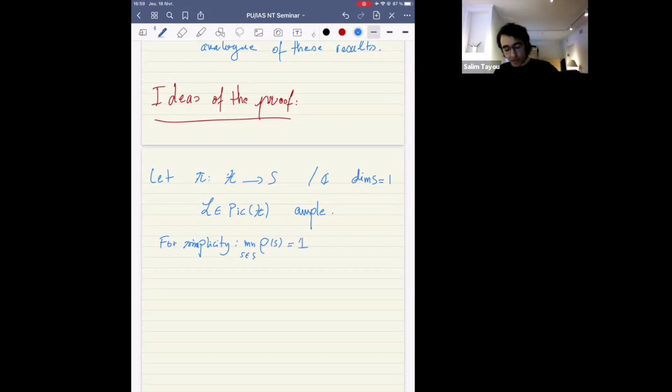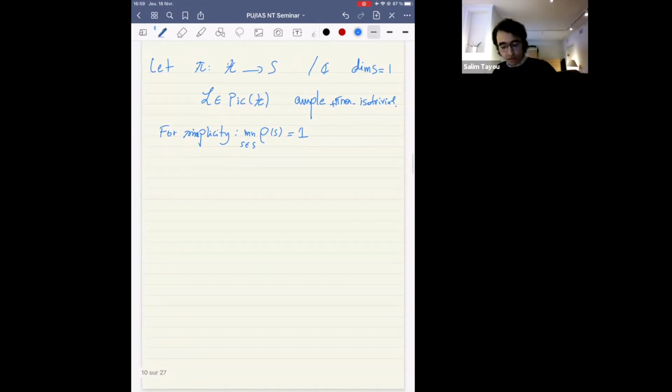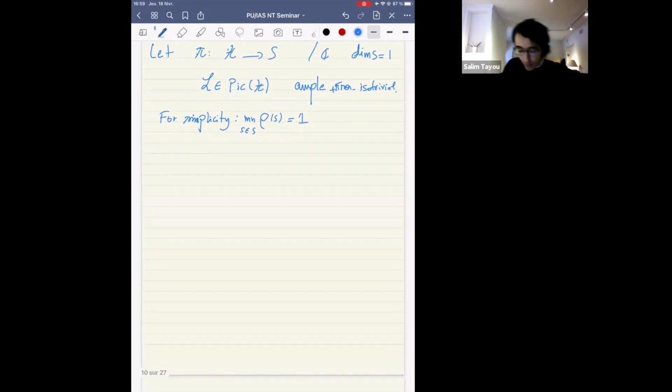So that there is only the Chern class of this line bundle that appears as a Hodge class in a very general member, a very general element in S. I will also assume that this family is non-isotrivial. Otherwise, as I said, the Noether-Lefschetz locus is empty. So starting from this data, we get what we call a variation of Hodge structure